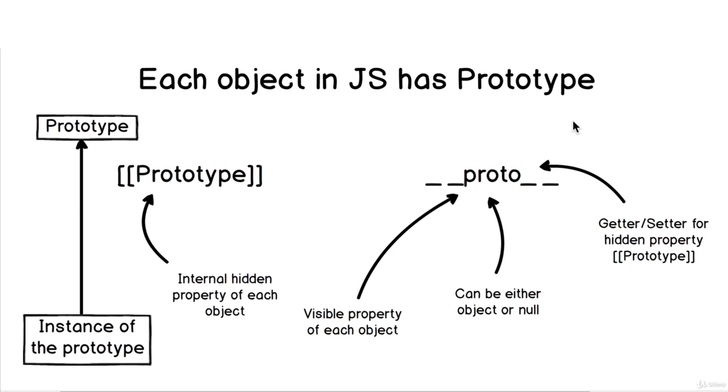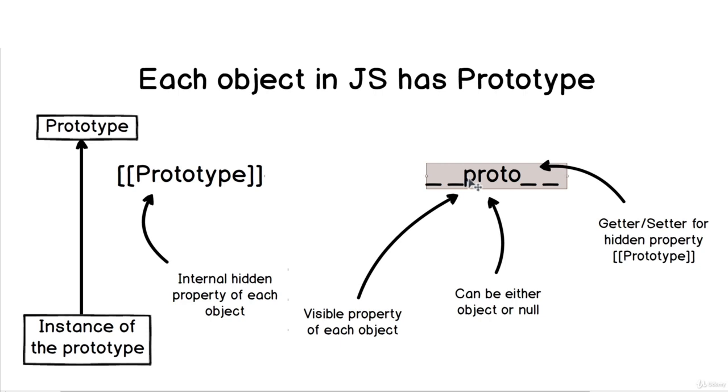Let's start discussing this. Each object in JavaScript has prototype. And behind the scenes there is an internal hidden property that is equal to this value. This value is specified by ECMAScript standard. But again, this property is hidden and you are not able to access it directly. But there is a visible property for each object, called